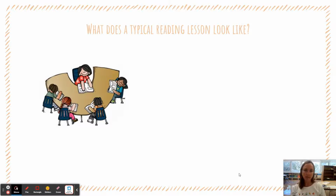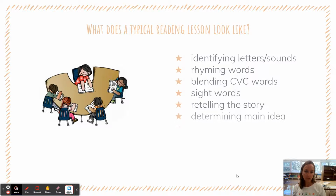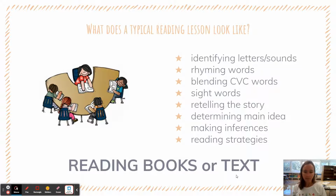What does a typical reading lesson look like? There's lots of different things we may be doing. We might be identifying letters and sounds, rhyming words, blending CVC words, tapping words out, blending them together, looking at sight words and identifying them in text, retelling the story, determining main idea, making inferences, reading strategies, determining which strategy to use when we get to those words we don't know. And we're always reading books or text. These are some of the things we might be working on, and it all depends on what your child needs